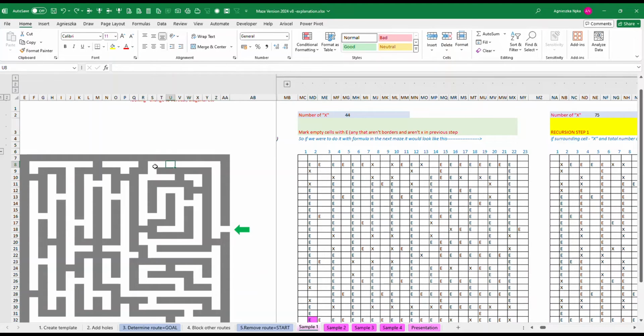All the empty cells, which are not borders and not frame, are marked with E, and the dead ends are marked with an X. So these are the dead ends, which are becoming new, additional walls, because just as I presented with the colors, the maze will now be getting smaller and smaller. So I'm interested in the number of dead ends, because every iteration will bring more and more of them, because